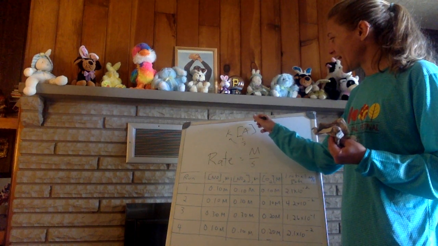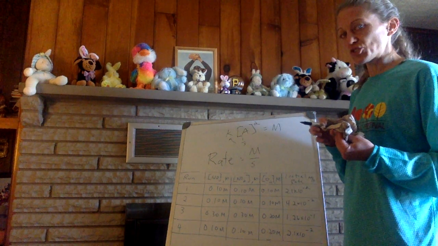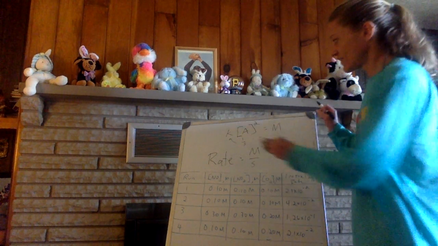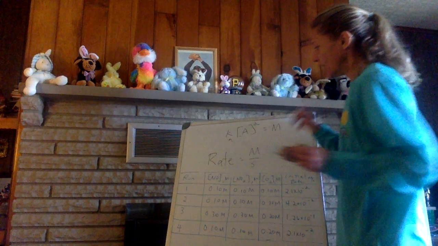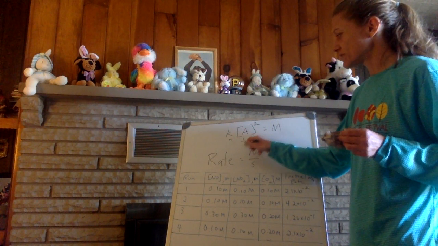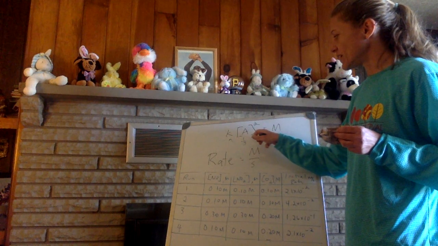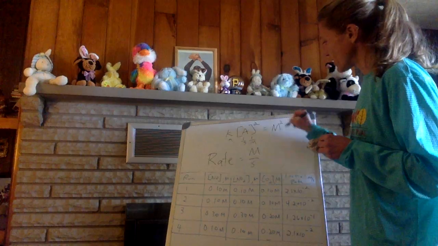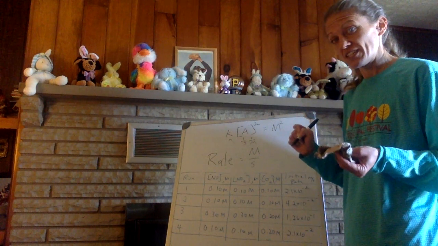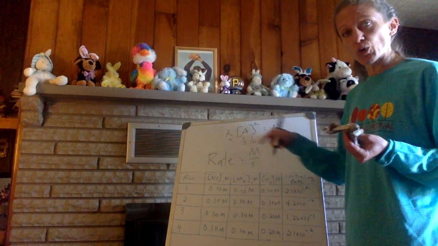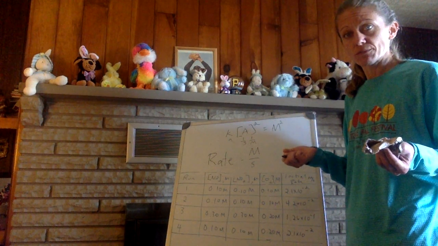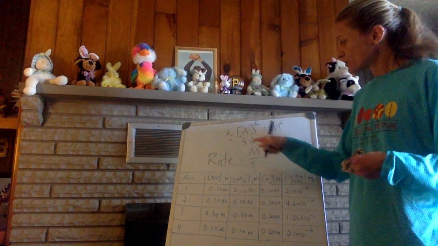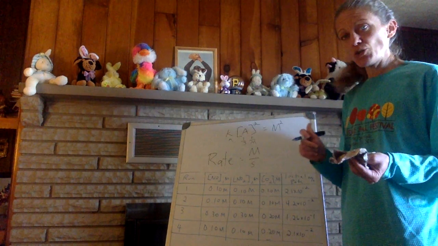If my A is squared, then I need to include something else here. In this case, I would still need 1 over seconds, but I would also need 1 over molarity, because I would have molarity squared and need to get rid of it. Basically, for a first order reaction, you start out with 1 over seconds. For every order you go up to that, you add an M in the denominator. So for my second order rate